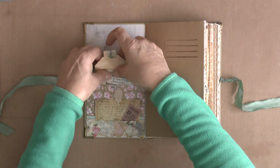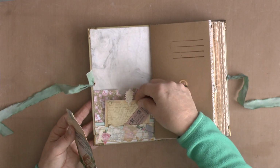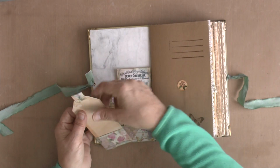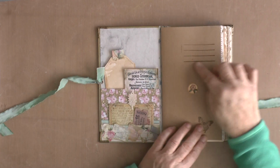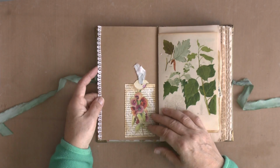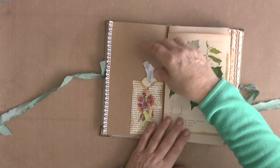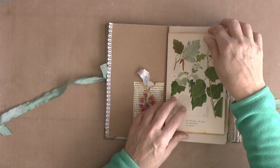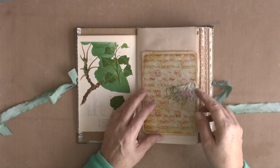This is the first page. This is with a tuck spot, you call that, and journaling cards, tickets, and a pocket with a journaling card and a tag. You can write on. You can write your name or something on there. It's all kinds of paper in it. Book pages, music pages, doilies. Here's a pocket with a little tag. Book pages, and here is a